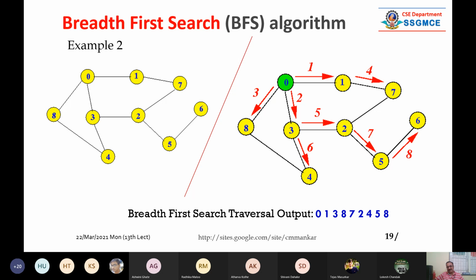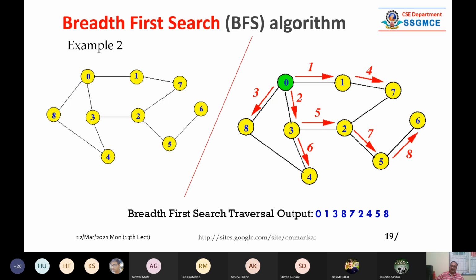फोर्थ स्टेप देखिए, हमने 7 को विजिट किया, that's why 7 is there. 5th स्टेप देखिए, हमने 2 को विजिट किया, that's why 2 is there. 6th स्टेप देखिए, हमने 4 को विजिट किया, that's why 4 is there. See in blue color. 7th स्टेप देखिए, 7 red color arrow, हमने 5th नंबर के नोड को विजिट किया, like that. और 8वें स्टेप में हमने नोड नंबर 6 को विजिट किया.